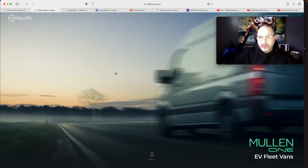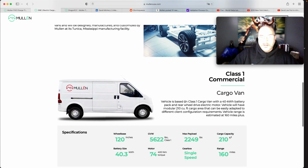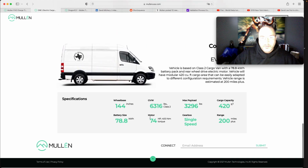So here you have the cargo van, which is very interesting because it's also got great charging capabilities. So vehicles based on a Class 1 cargo van with 40 kilowatt hour battery pack, rear wheel drive electric motor. Vehicle will have modular 210 cubic feet cargo area that can easily adapt to different client configurations. Requirements: vehicle range is estimated at 160 miles plus, wheelbase 120 inches, 5,622 pounds, max payload is 2,249 pounds, 210 cubic feet, battery size is 40.3 kilowatt hours, motor is 74, 400 nominal torque, gearbox, single speed, range is 160. So the Class 2 EV over here will give you